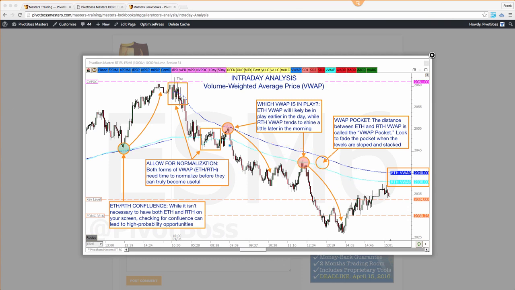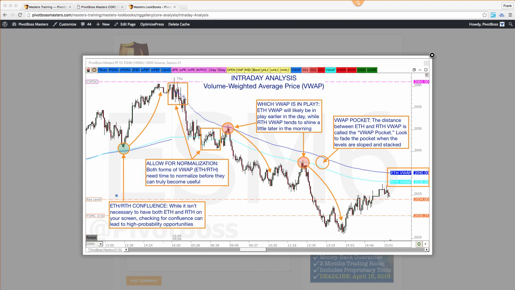So the ability to have them both at your disposal is very, very nice. It's a nice luxury to have, but it is by no means necessary to have both VWAPs up. I think you can get all the trading opportunities that you can want by trading one of these VWAPs only, but again, if you want to look for additional opportunities, then trading based off of both can be just fine.